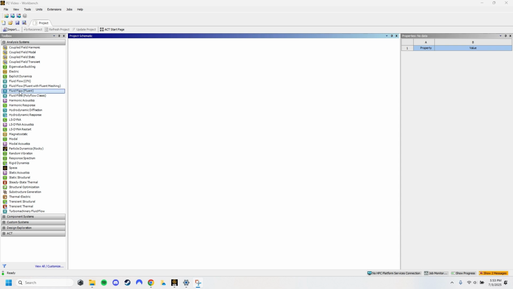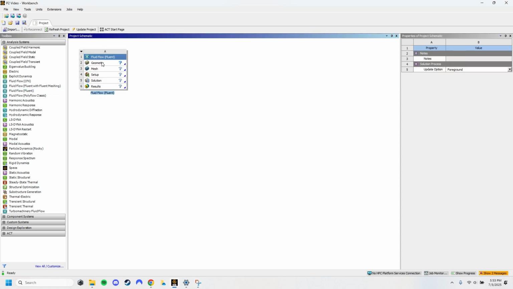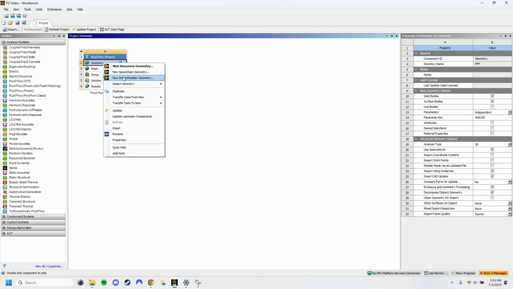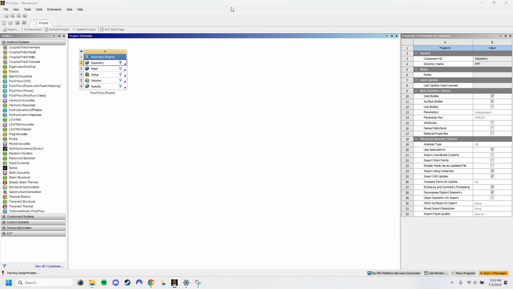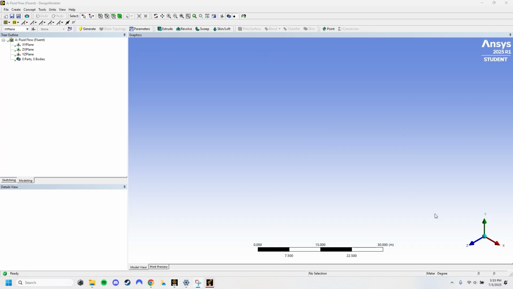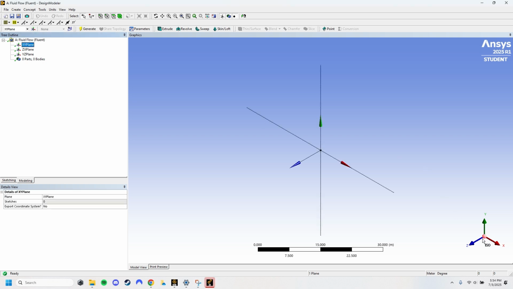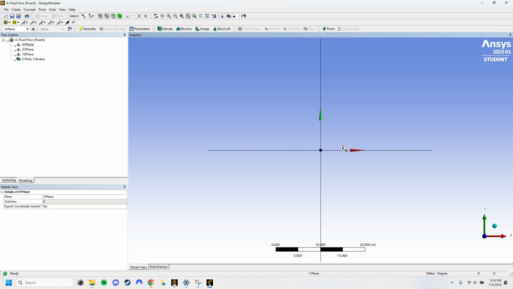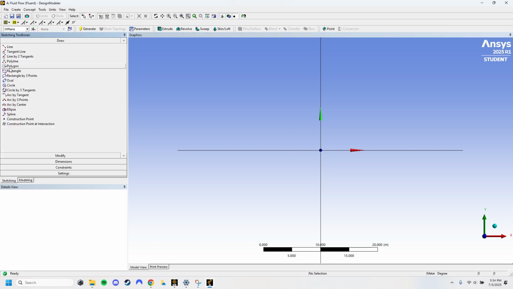Workbench, we'll go to Fluid Flow Fluent, add that, geometry, create new design model or geometry. With that open, we select the XY plane, hit the Z axis to align it. Then we go to sketching, rectangle, just create a rectangle,